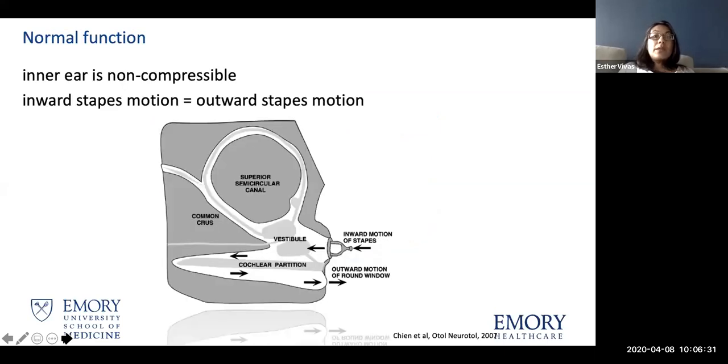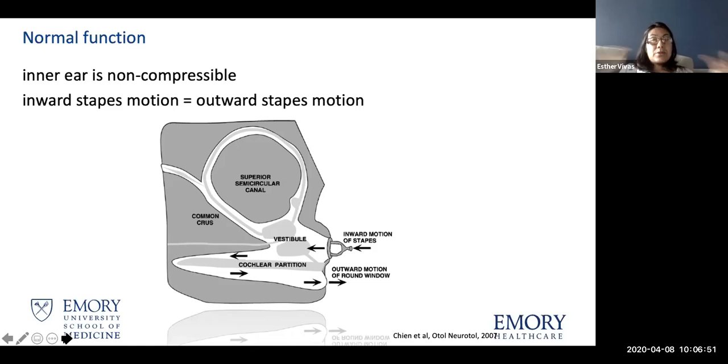The normal inner ear function is an enclosed system of bone, and that bone is obviously non-compressible and non-pliable, and it's actually the densest bone in the body. But within the inner ear, you have multiple different fluid compartments,